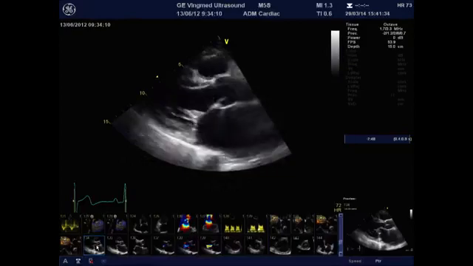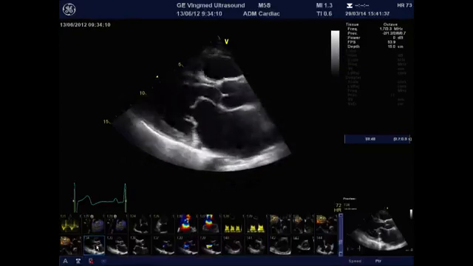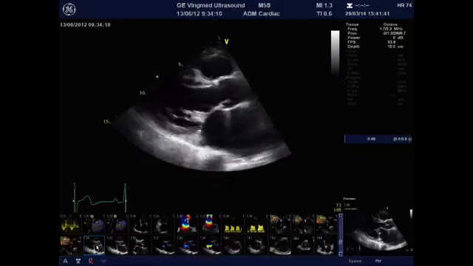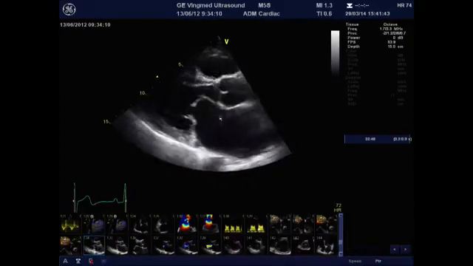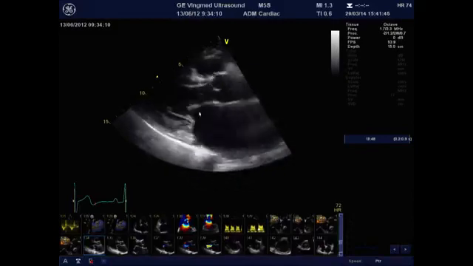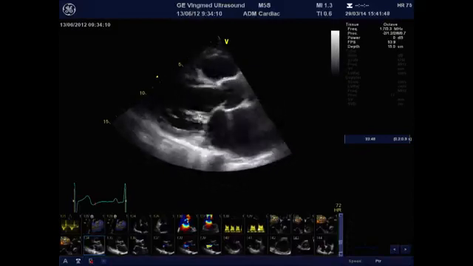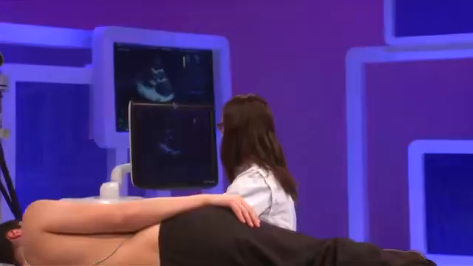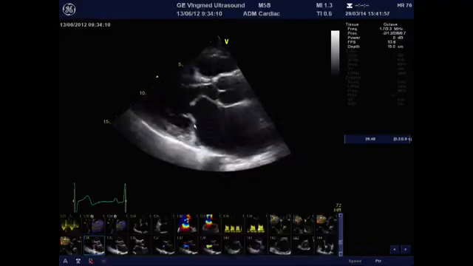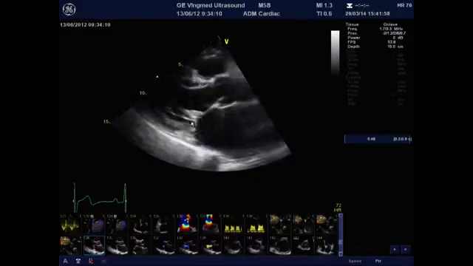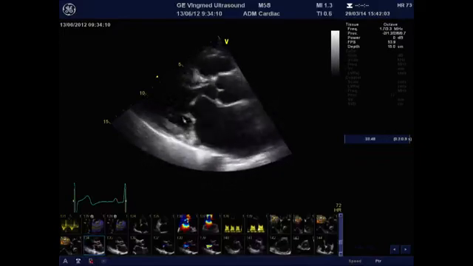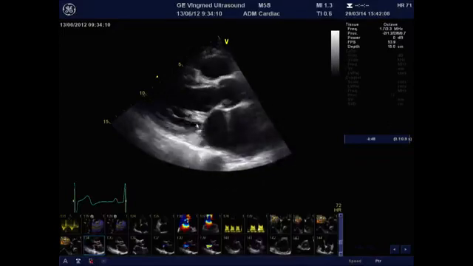You can see here the landmarks of the rheumatic mitral valve stenosis, which are the doming of the anterior mitral leaflet in diastole, and also the thickening of the apical portion of the mitral leaflet tips, together with the fusion of the chordae, which creates a restriction of the posterior mitral leaflet. You see here that the fused chordae are leading to a restrictive systolic and diastolic motion of the posterior